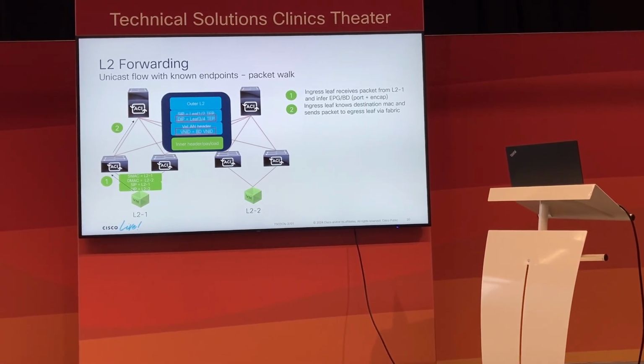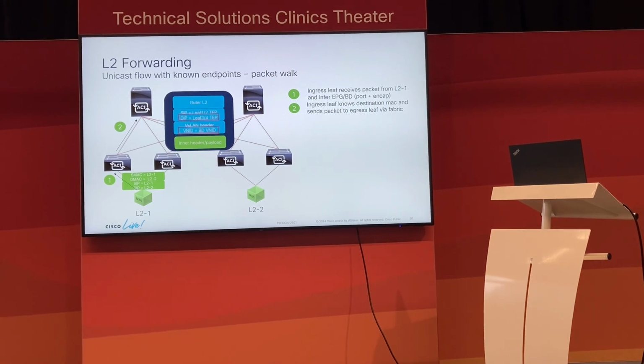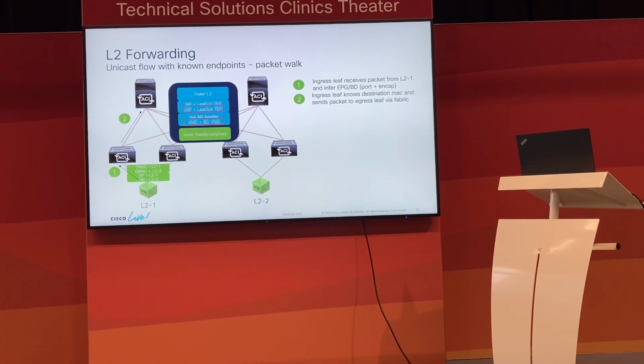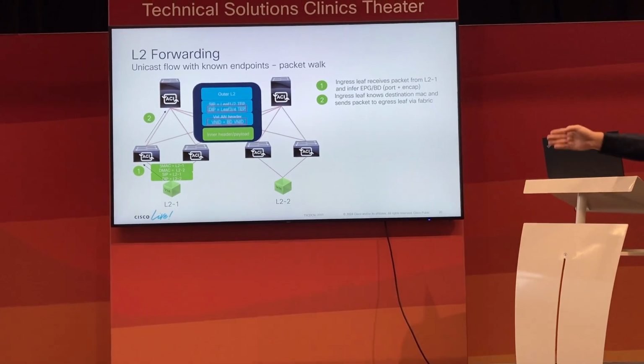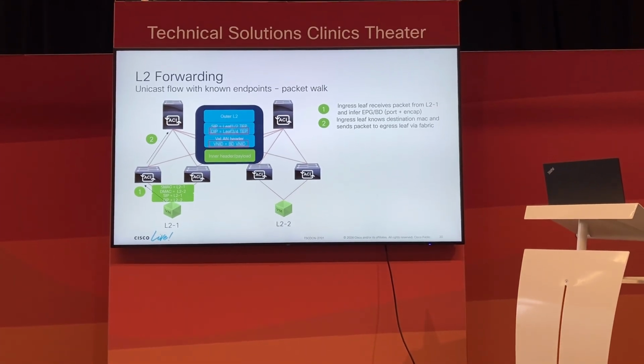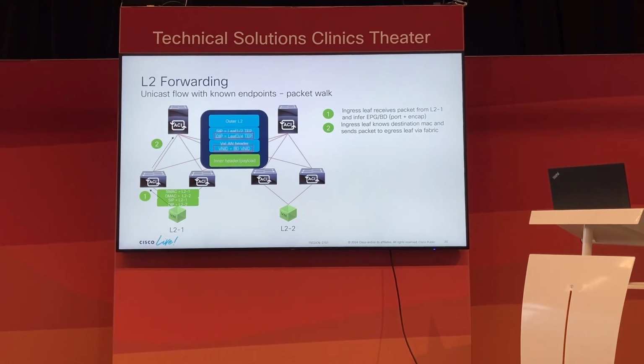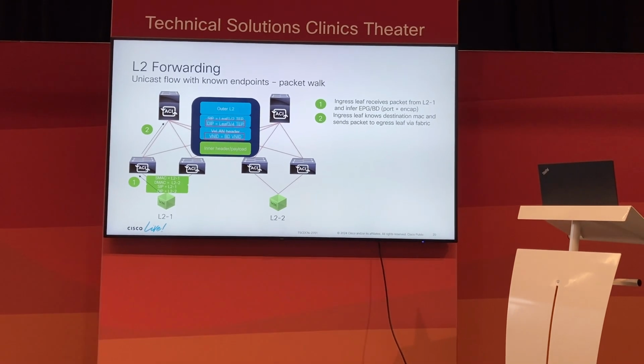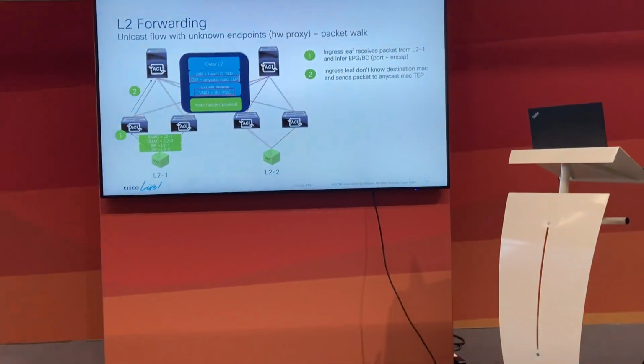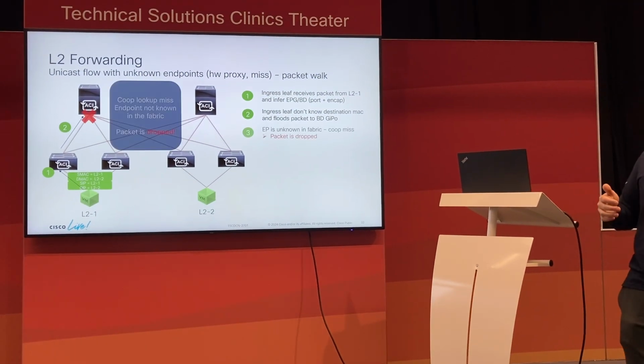Based on the knowledge the ingress leaf has about the destination, it will know that it needs to send the packet to leaf 3 and 4 where the destination host resides. As such, it will encapsulate the packet and send it over the fabric with the 3 outer headers that you would see there, where the COOP database will not be hitting any entry, and as such, the packet will be